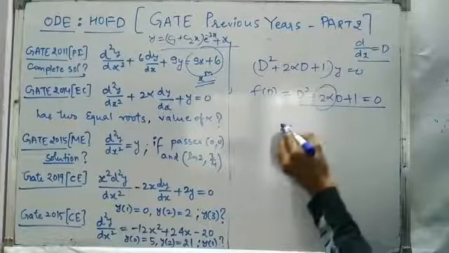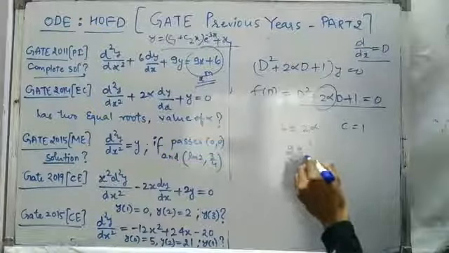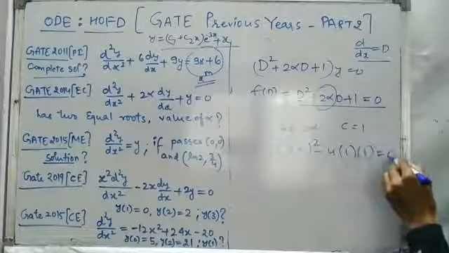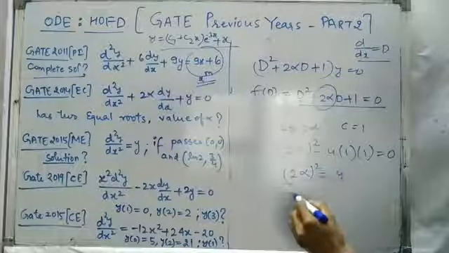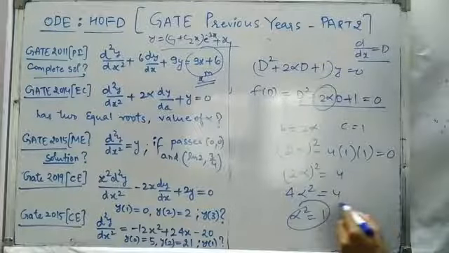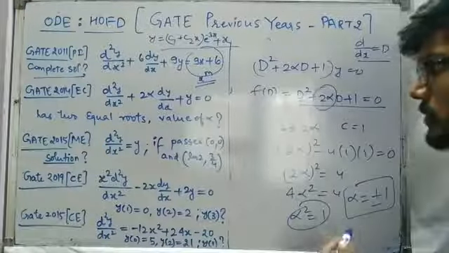So this is nothing but b is equal to 2 alpha and c is equal to 1. So b square is 2 alpha whole square, minus 4, a is nothing but 1 and c is nothing but 1. So b square minus 4ac is equal to 0. So 2 alpha whole square is equal to 4. So 4 into alpha square is equal to 4, alpha square is equal to 1. So we are going to have alpha is equal to plus minus 1. This will be given in one of the options.